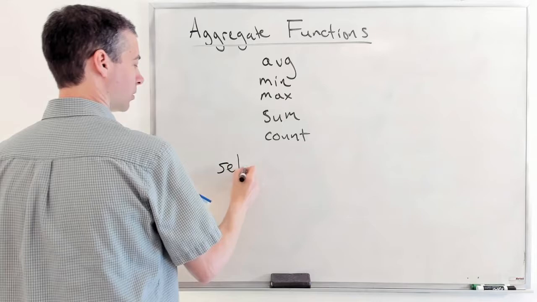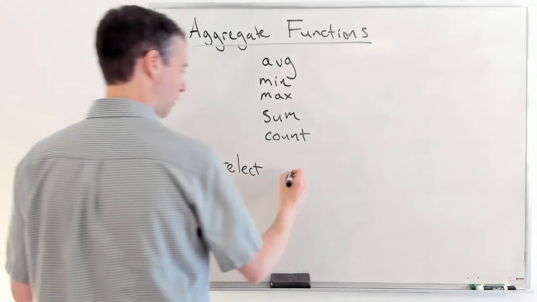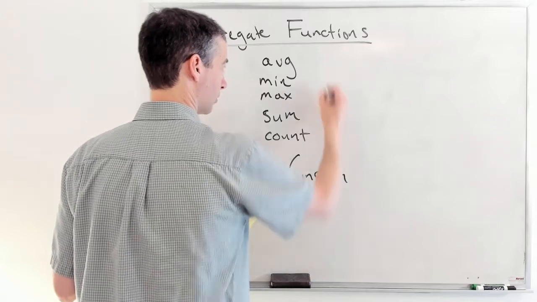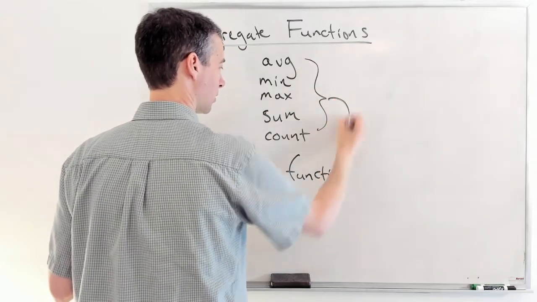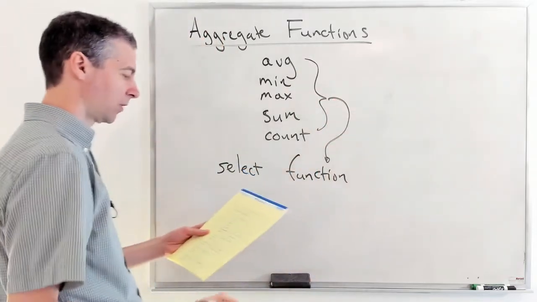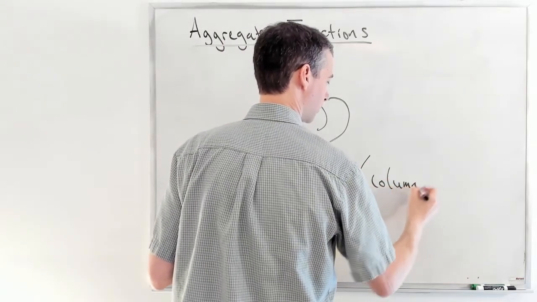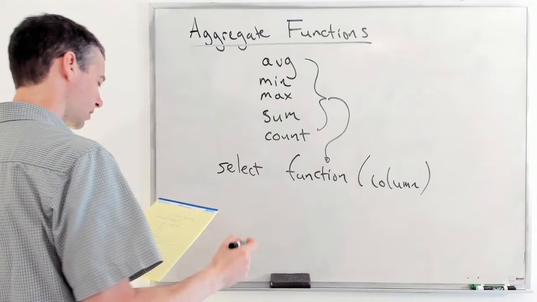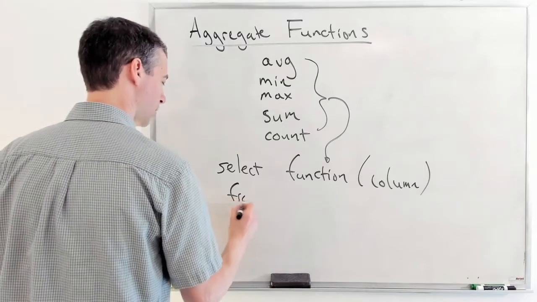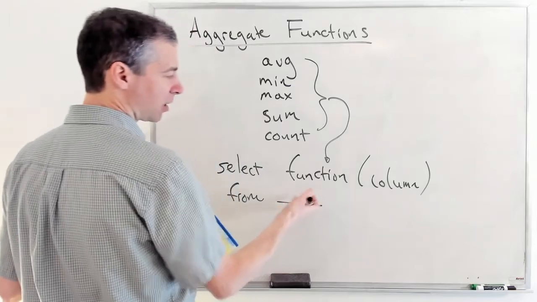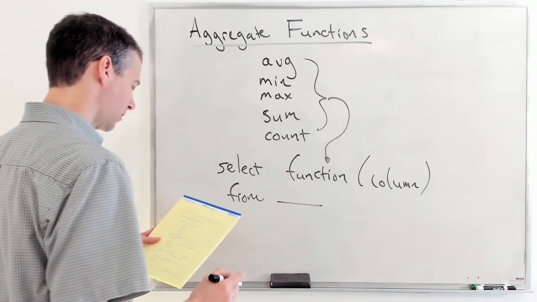So you're going to have some select, and then you're going to put in one of these functions. We're going to apply it to some column of our resulting relation. So from, we've got some relation, so it's got a bunch of columns. So one of those column names is here,